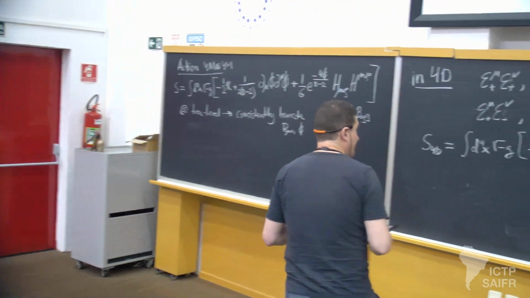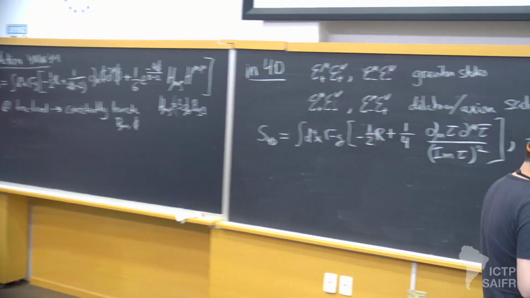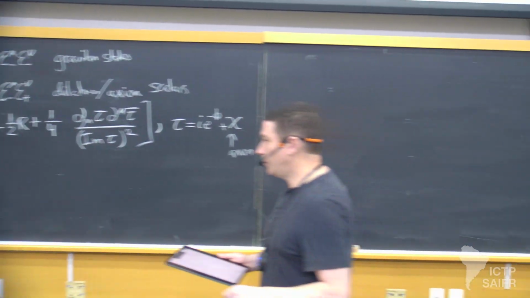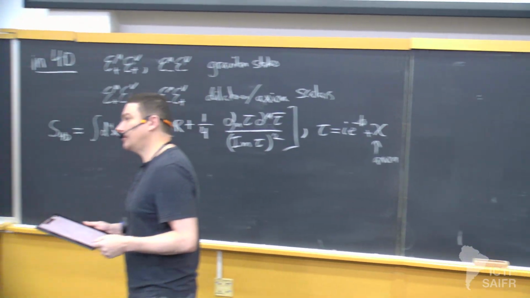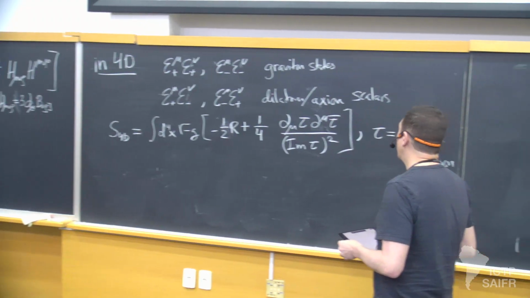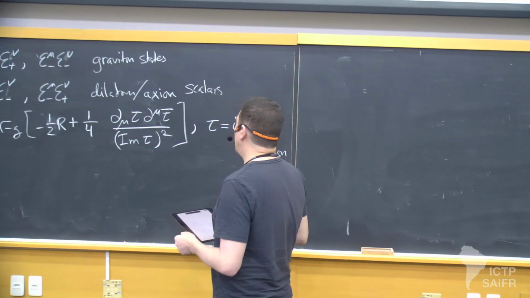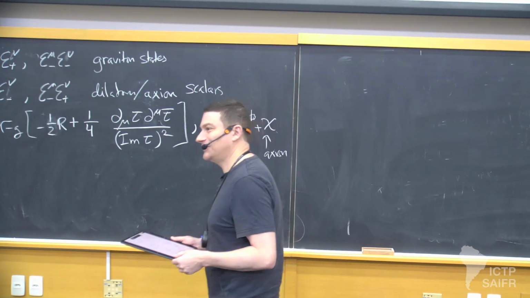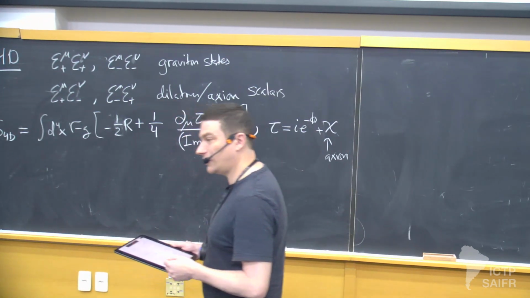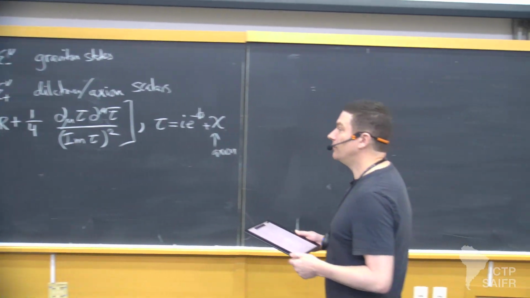If it's Kaluza-Klein reduction, I think that's a bit more complicated because then you also get vectors and stuff like that. Yeah, so I think dilaton is used for many things. That's hence the confusion. Of course, when you do a Kaluza-Klein, you also get a dilaton, but it's basically used